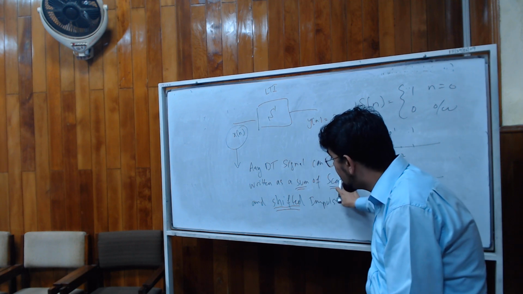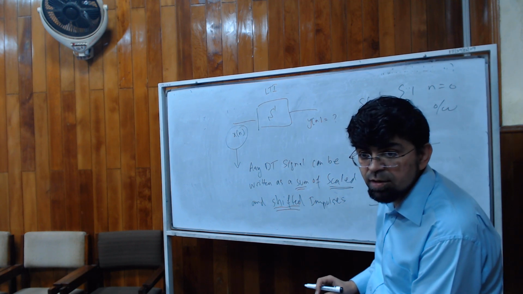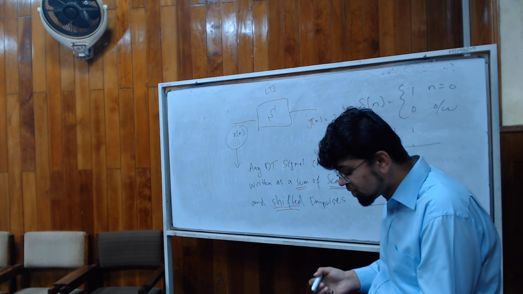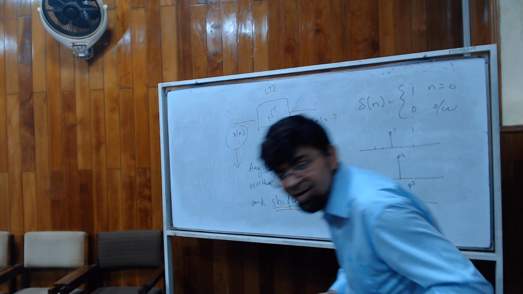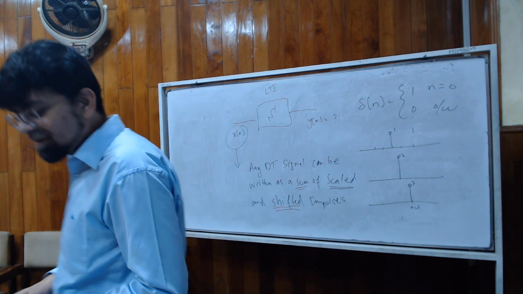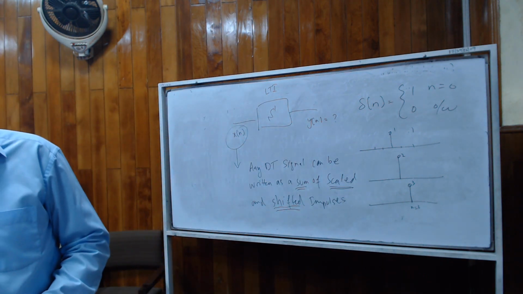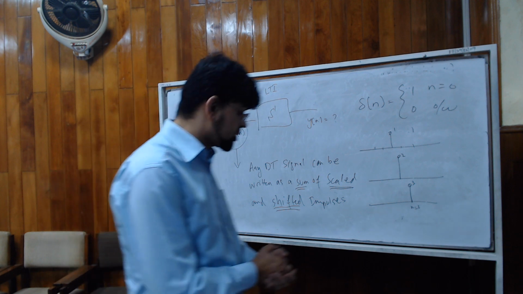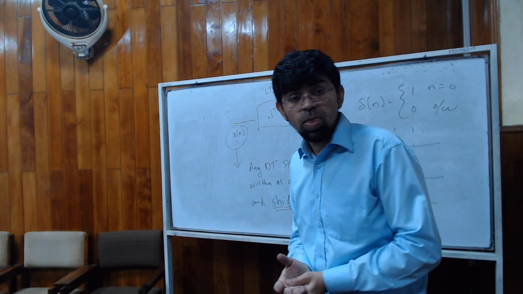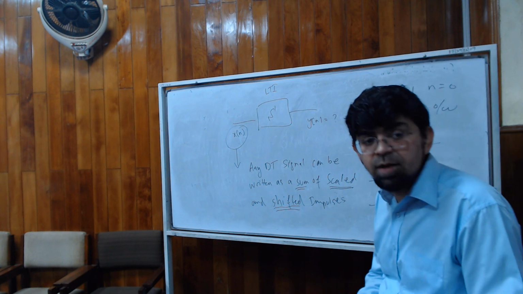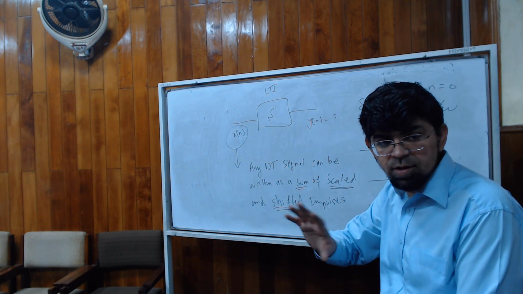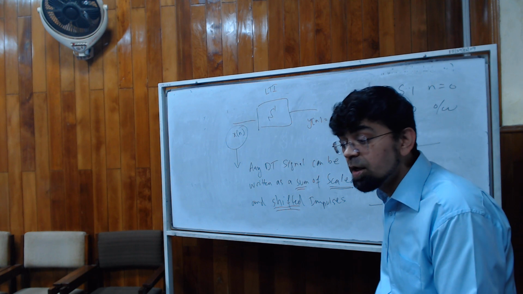Sum of scaled and shifted impulses. सारे सैंपल्स को आप ऐड करो, तो फिर वो any discrete time signal होगा। सर, मगर हमने फेल होते हुए भी तो देखा है ना? फेल होते लिनियरिटी वाला जो हमने अभी देखा, उसके अंदर कुछ इधर लिनियरिटी वाली कोई बात नहीं हो रही, इस पे हम आएंगे, ये सिग्नल की बात हो रही है, राइट? That will come to that. ओके, सो